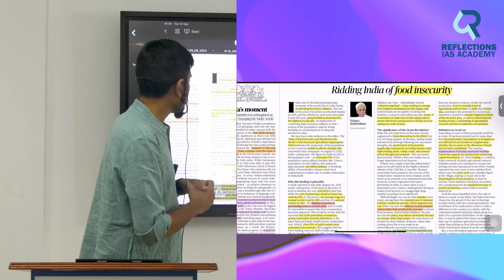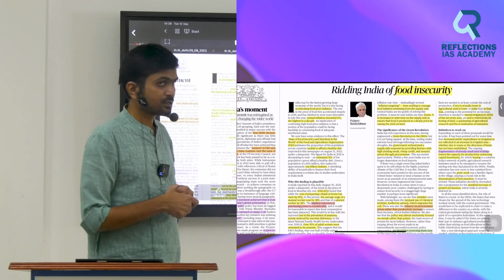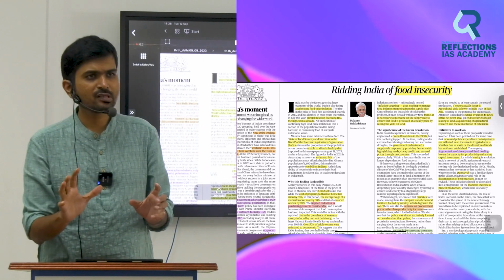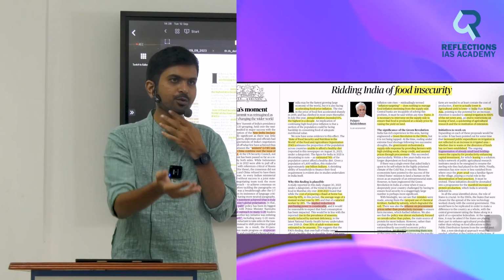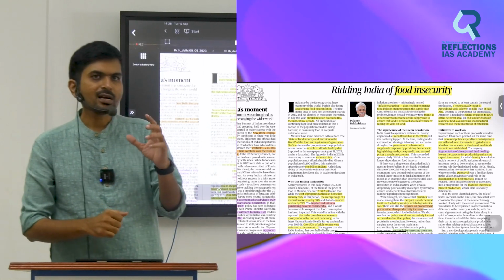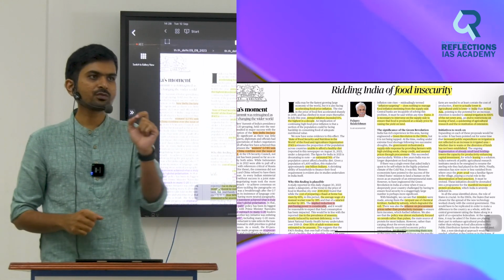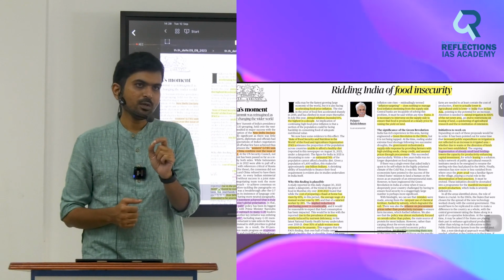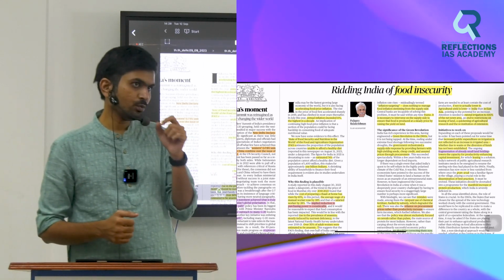Okay. Again, in this article, we will try to look at the keywords. What is the summary of this article? I will tell you briefly, so that when you read tomorrow or today, you will understand the core crux of the article. He starts with Thalinomics. The other day there was an article in The Hindu.